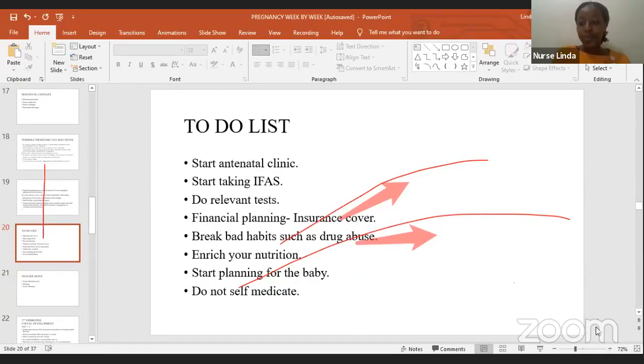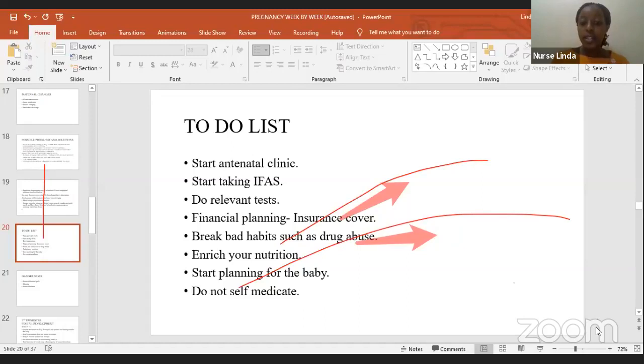All right, so what do the women do at the first stage of pregnancy? They need to start their antenatal clinics. A woman needs to start clinic immediately they realize they are pregnant, and it's actually advised that a woman should see a health provider when they think of conceiving. It is very important to have someone following up on you throughout the pregnancy and to have the various things that need to be done for you by the health provider.